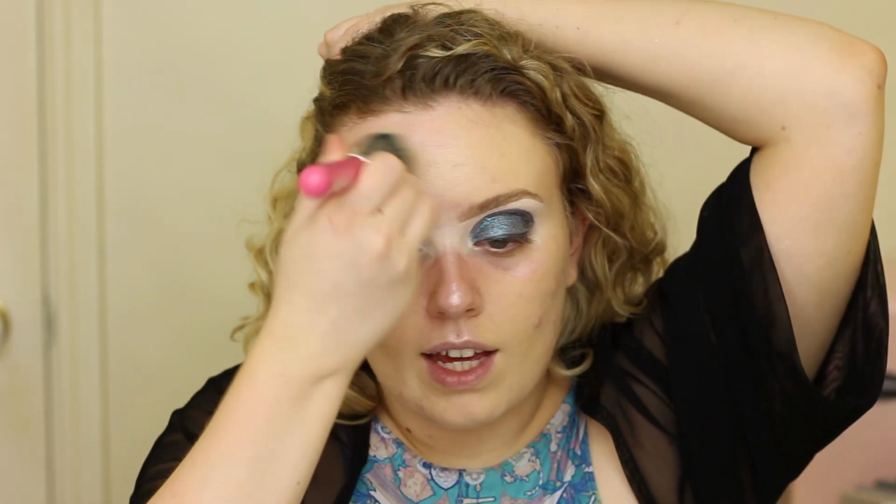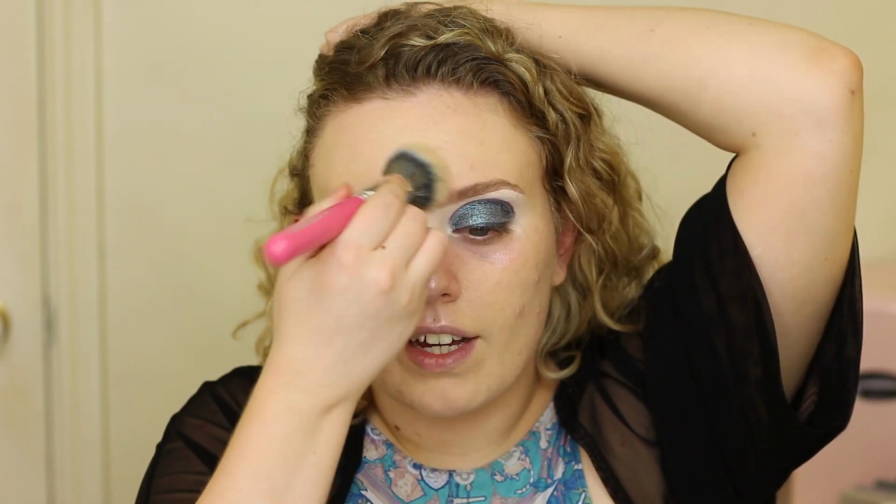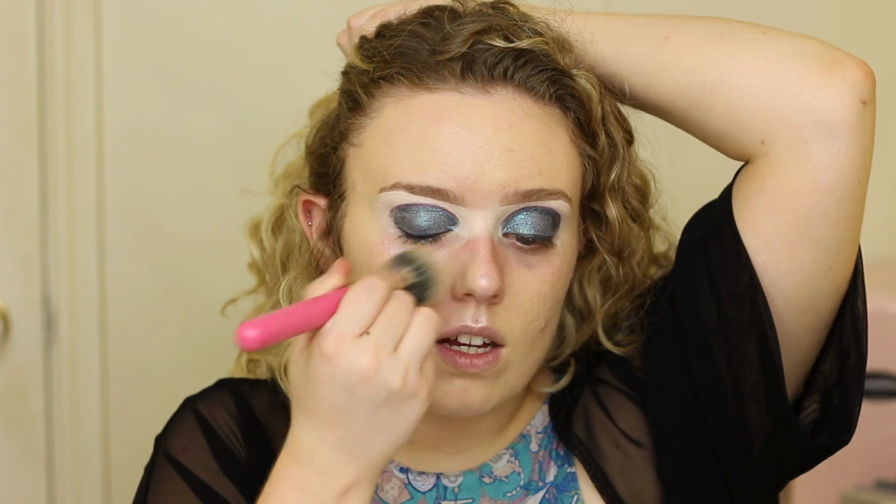I do think there's something a little odd about the colour scheme of this palette, and obviously the Huda one. Like, why are all of your mattes so light and then you have a really nice turquoise glitter that is just so dark in comparison? I don't know. It's an odd...